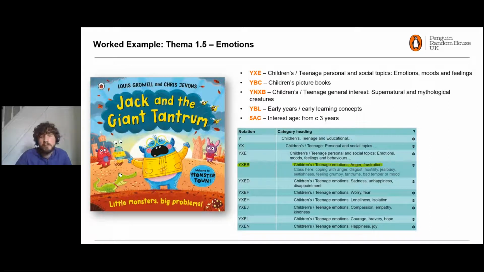So this reflects the variety of publications on the theme of emotions, and that they often tend to focus on particular feelings or behaviors rather than being on the whole gamut of human emotion.